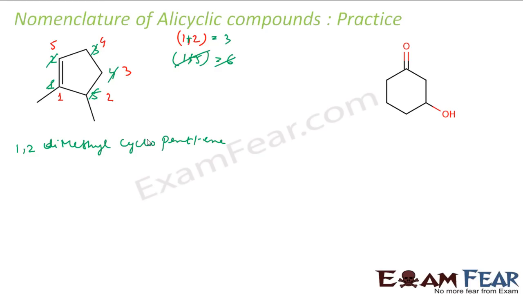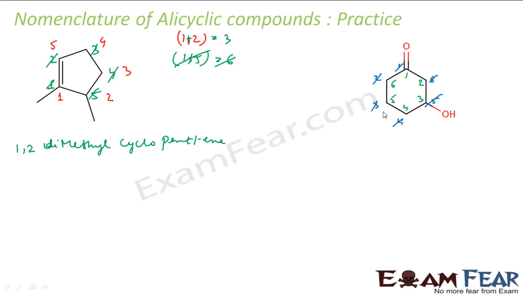So here my ketone, and I have alcohol group. So ketone is given more priority, so I have option of numbering 1, 2, 3, 4, 5, 6. I also have another way of numbering. Let me number that. So that is 1, 2, 3, 4, 5, 6. In both cases, my first is for ketone, but when you take green, the alcohol gets 3 position. If you take blue, the alcohol gets 5 position. So we'll ignore the blue one because green looks better, since in green alcohol gets third position. So this is my correct numbering convention.